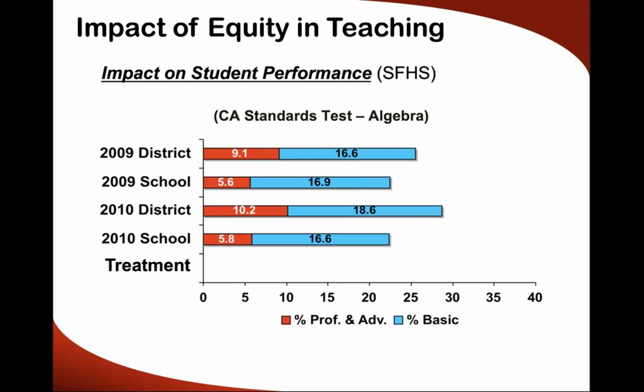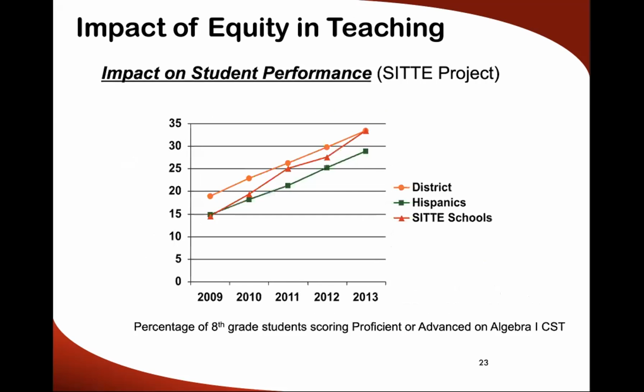And now, 1 year later, the school, you'll notice, didn't change. The district went up a little bit, but the school is still the same distribution, the same total percentage of kids that were basic, proficient, or advanced. Now, the 300 kids I was just mentioning, there they are. Using the same strategies that I just described, those kids really jumped, okay? And then here's